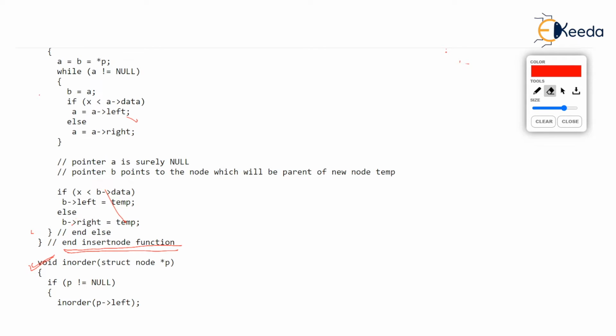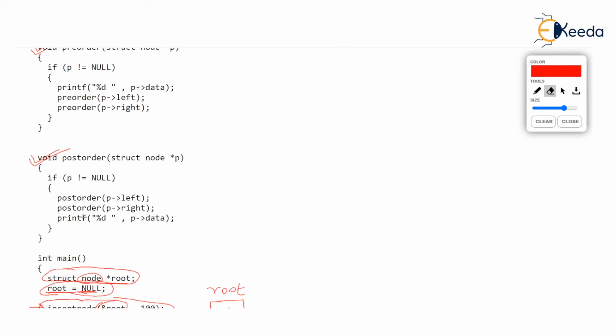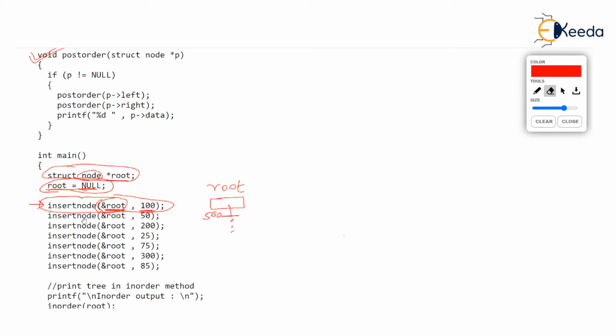Now let's come back to main. Here we go. In main, we have finished the first insert node call. So now we come to the second insert node call. The insert node call is passing the address of root, and this time we want to add 50. Now the existing tree has 100 at the root node. Root is pointing to the node, and left and right are null. Now if we are adding 50, 50 should be added to the left of 100. So the left pointer of 100, which was null, should change, and it should point to 50. And 50's left and right should become null. I hope you are understanding.